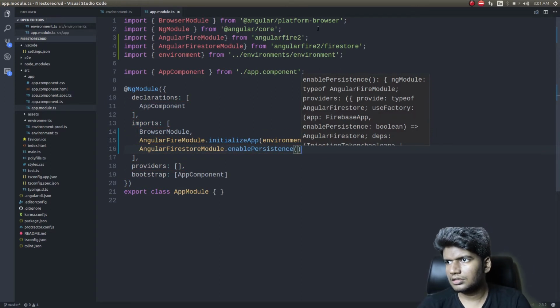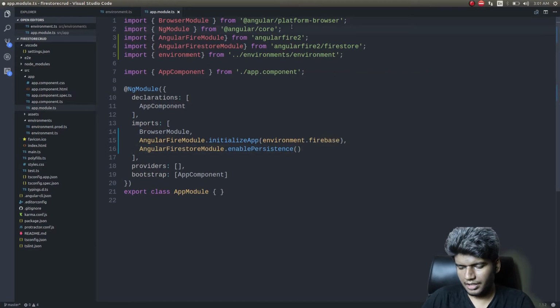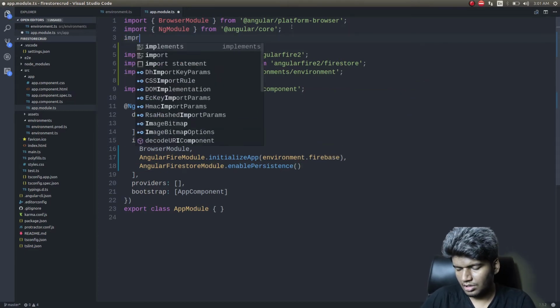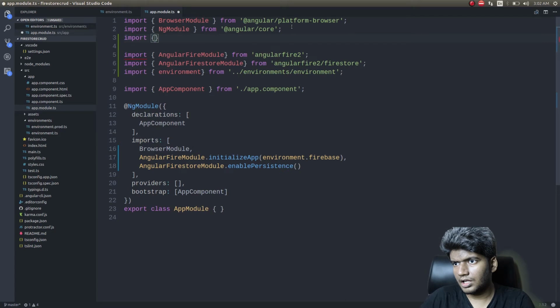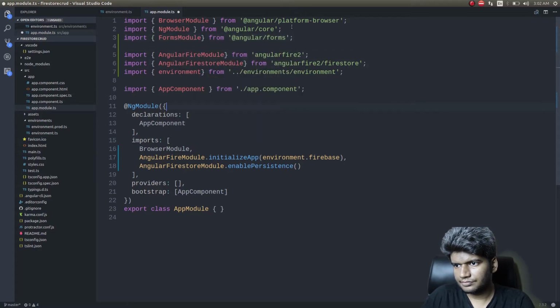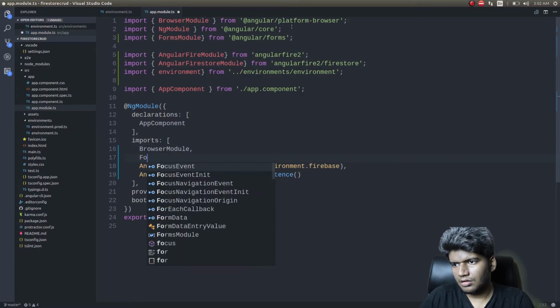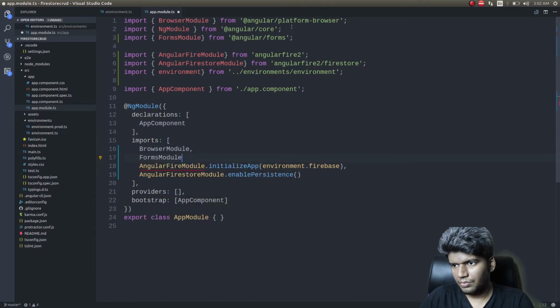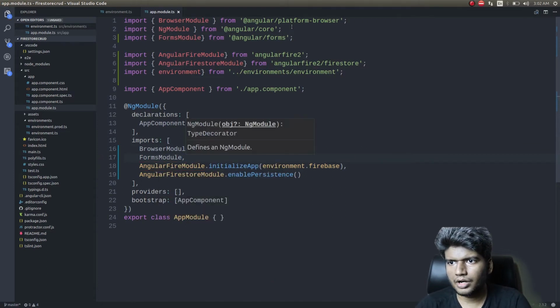And then as a thing, I'll add import forms module as well, so that I can make use of ng model at angular/forms. Okay, forms module. Okay, now that we have the imports out of the way, let's go ahead and